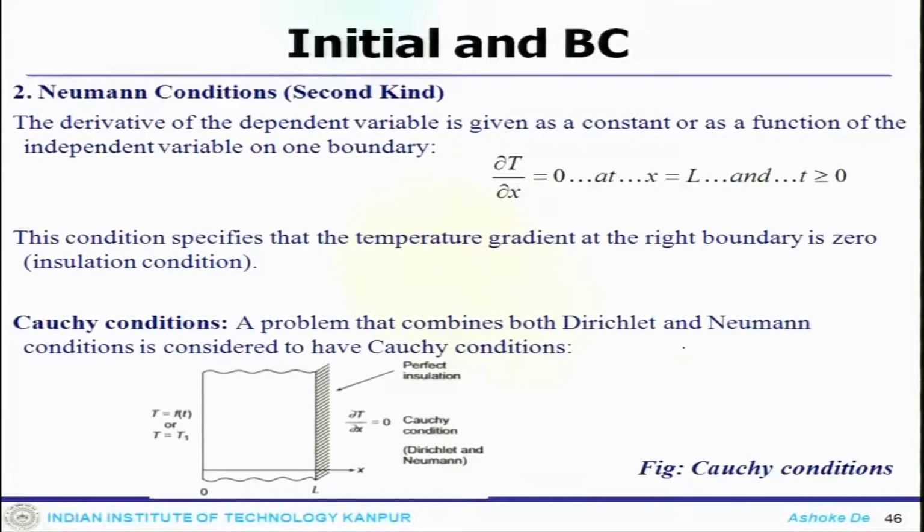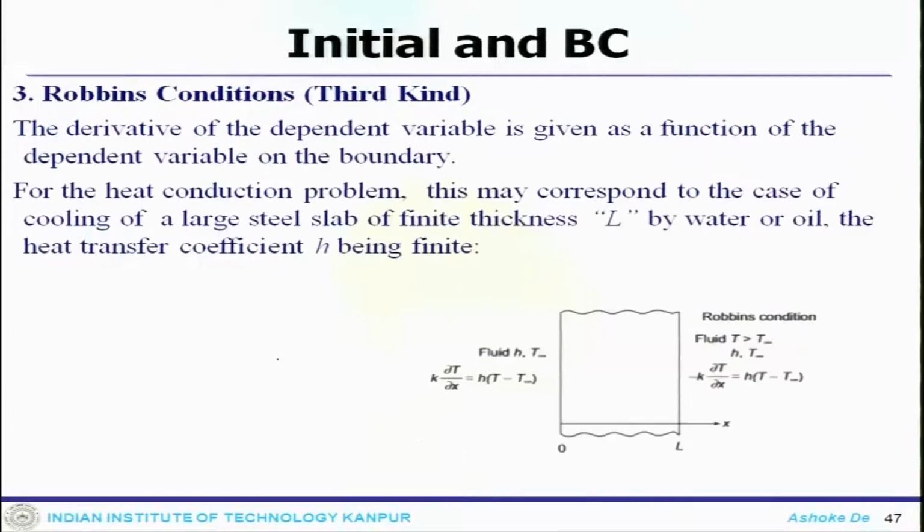Now, there is a second kind of boundary condition called the Neumann boundary condition. The Neumann boundary condition is the derivative of the dependent variable. So, at any particular boundary, if you look at this particular phase, the conditions are that the gradient exists, then it is a Neumann boundary condition. Now, there could be another condition called the Cauchy condition. So, this combines both Dirichlet and Neumann kinds of conditions. This is a Cauchy condition.